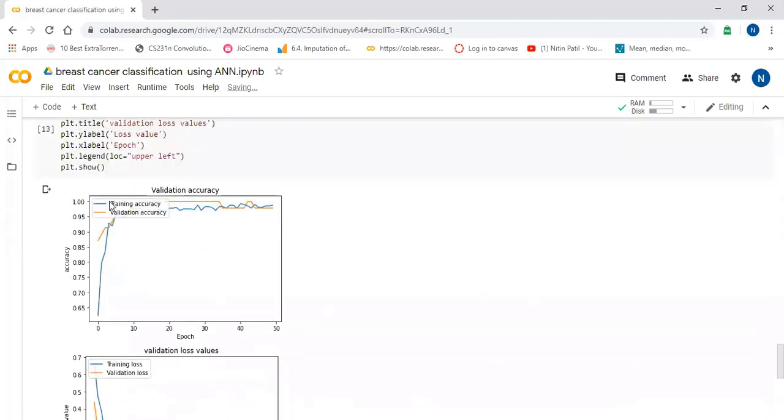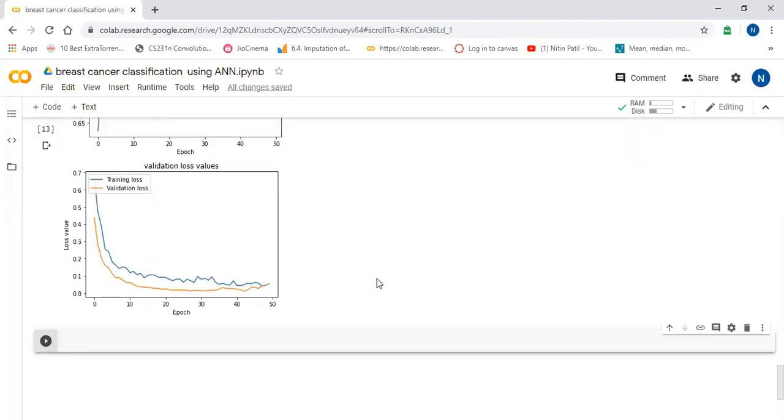Now you can see the training accuracy is increasing. In the same way validation accuracy is also increasing. Okay, and now how our loss is performing, validation loss is decreasing and training loss is also decreasing. Okay, this way the model has learned something.